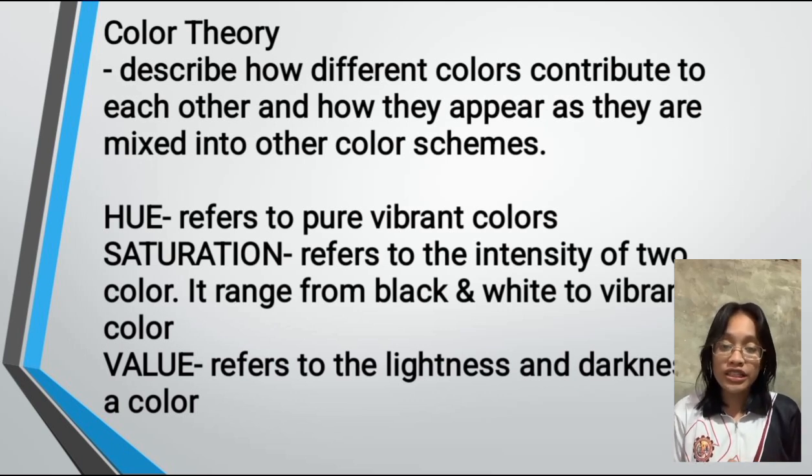The third one is value. This is how light or dark a color is. Value is the lightness or darkness. Adding white makes a color lighter. Adding black makes it darker. For example, light blue for a peaceful, hopeful design. So in short, hue is pure color, like red, blue, green. Saturation is brightness, vibrant or dull. Last one is value, lightness or darkness.